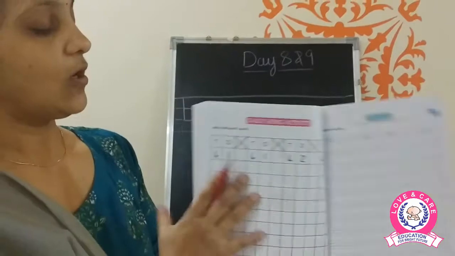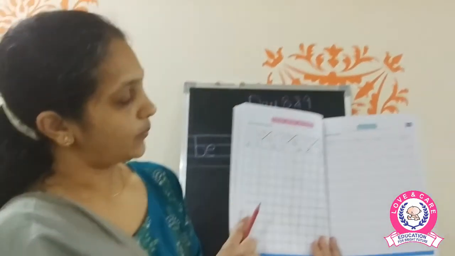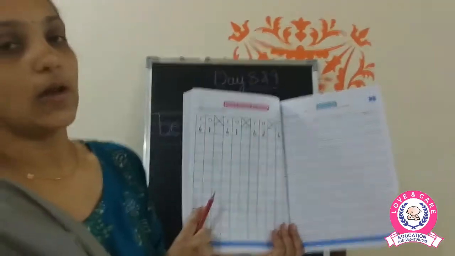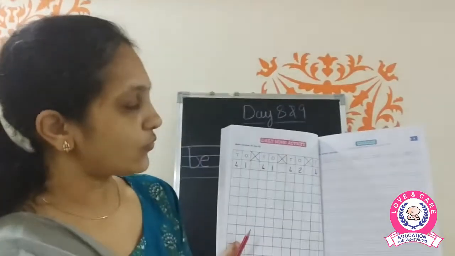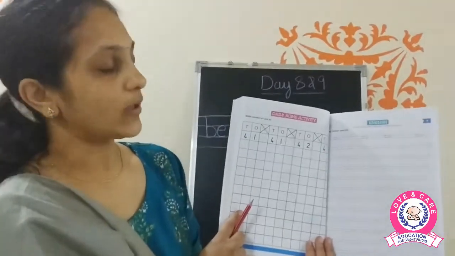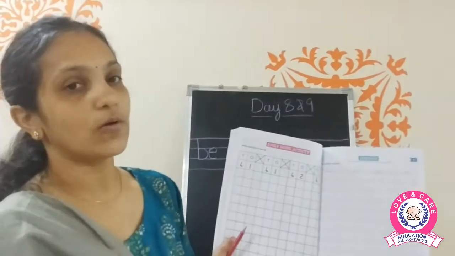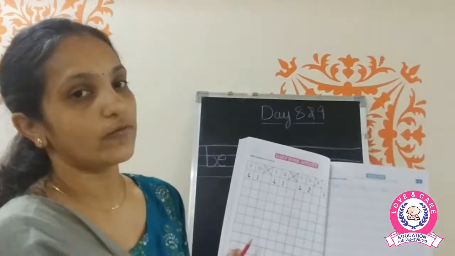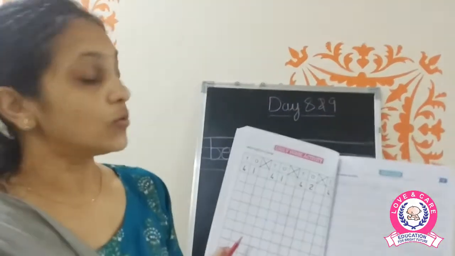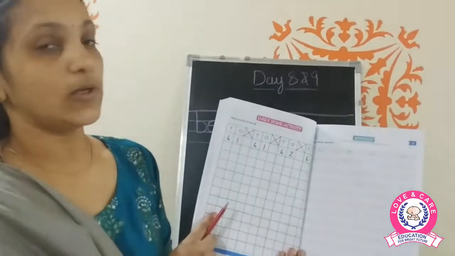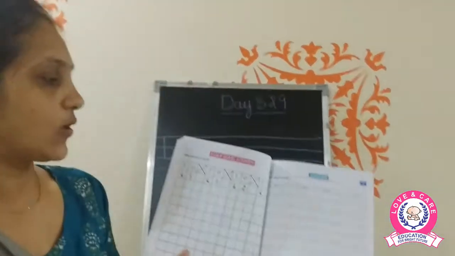Now turning to another page, you have the practice worksheet of maths of writing the numbers 41 and 42. So it is only a practice worksheet page, and I hope children you are also doing your maths oral drill of numbers. You have to do the oral drill from 1 to 100. आपने 1 से 100 तक बोलना है orally numbers.